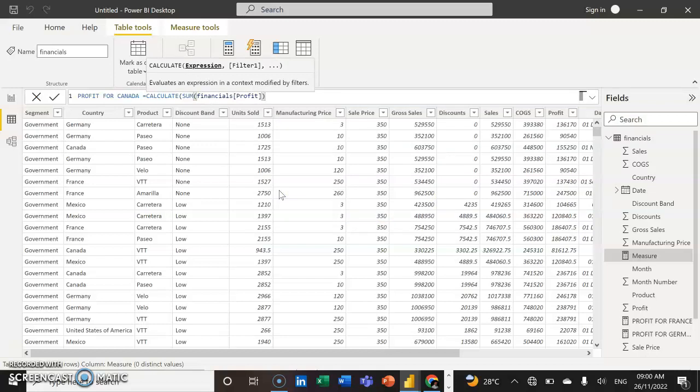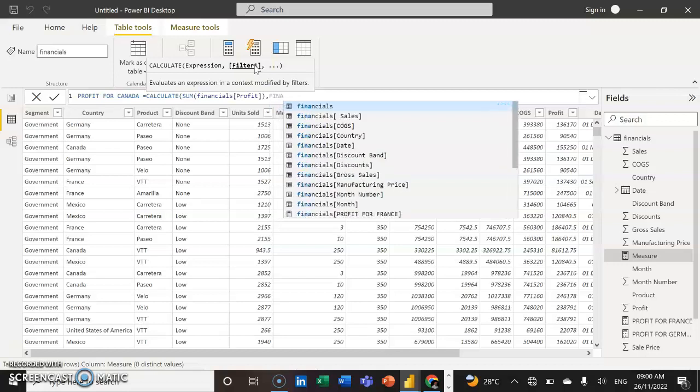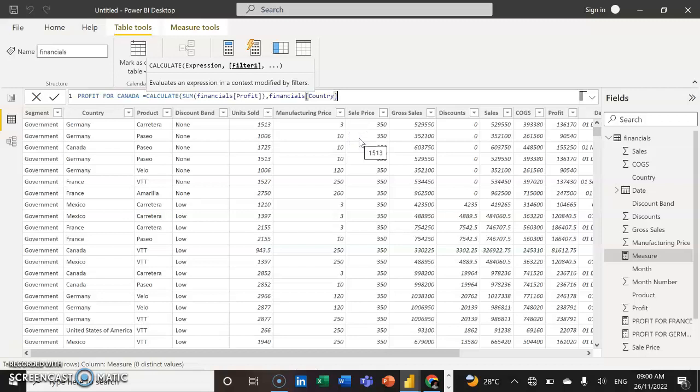After you have closed the bracket, you press comma. It will take us to the next argument, which is the filter one for the CALCULATE. I will now type financial. The column I'm looking at is country. I will type which country I am looking for in particular. I'll type equal symbol, double quotation mark, Canada,